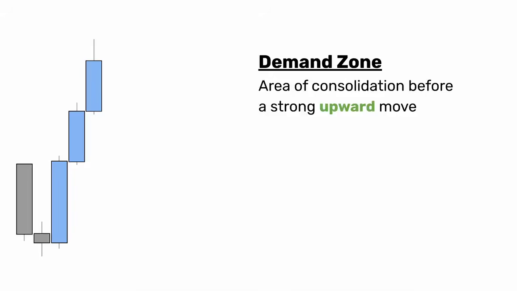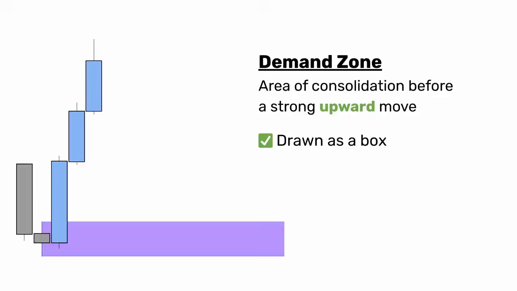So a demand zone is an area of consolidation before a strong upward move. When we're looking at candlestick charts, it's going to be the candle like this. The candle that sits at the bottom of a large upward move. If we visualize it as a zone, this is what it looks like, okay? It's drawn as a box, and my rule is to use the last candle before the impulse away. So I'm looking for a sideways candle like this with wicks either side and little to no movement, just before